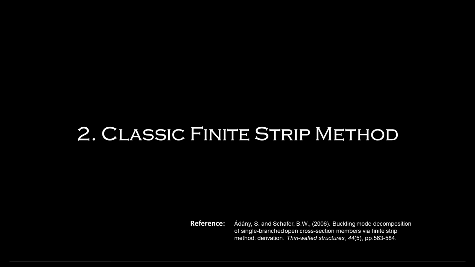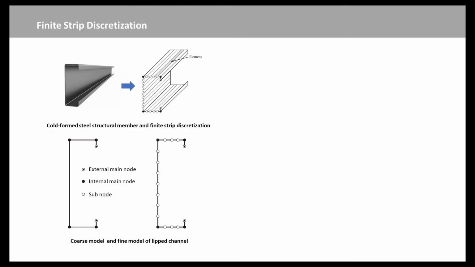The finite strip method can be seen as a specialized finite element method, specifically developed to study buckling of prismatic thin-walled structural members. The method differs from the finite element method in that only a cross-sectional discretization is required, leading to the emergence of strips rather than elements. As a result, the number of degrees of freedom involved in the analysis is significantly reduced, thus improving computational efficiency. The strips are separated by nodal lines, which are often simply referred to as nodes.